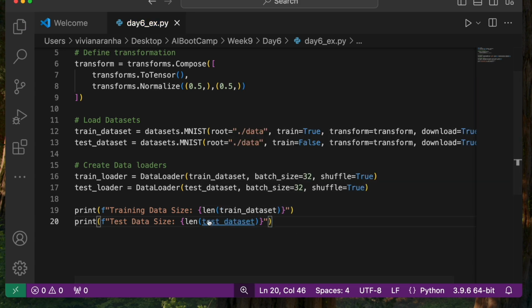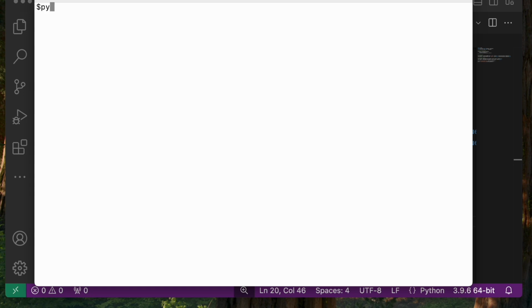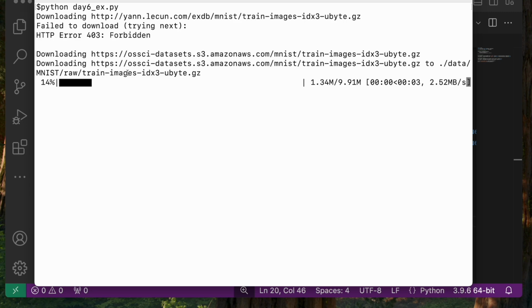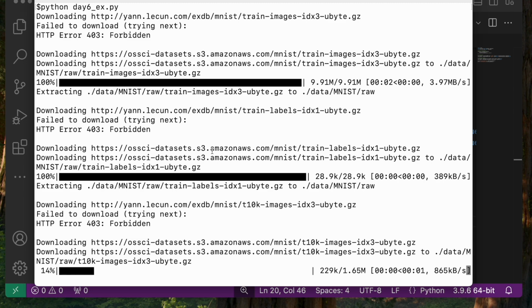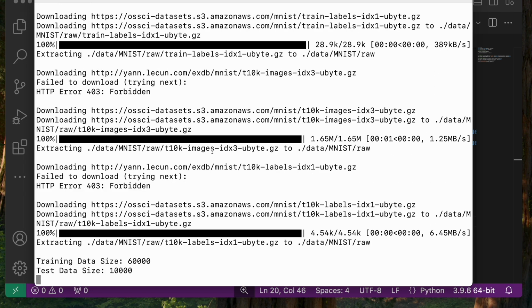I'm going to go ahead and open my terminal, and I'll say python day6_exercise, run it. And since it's not been downloaded, it's downloading it the first time, and it's going to save in my ./data folder. And it says training data size is 60,000 and test data size is equal to 10,000.